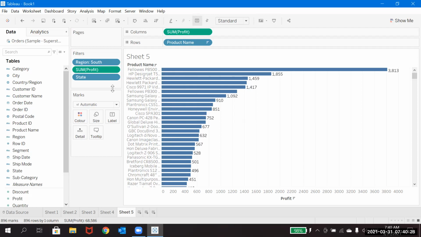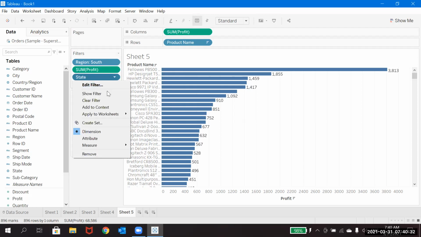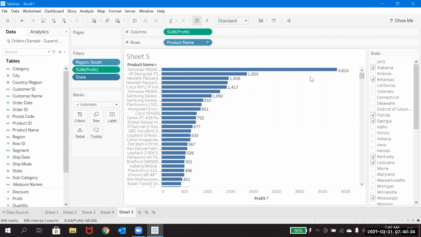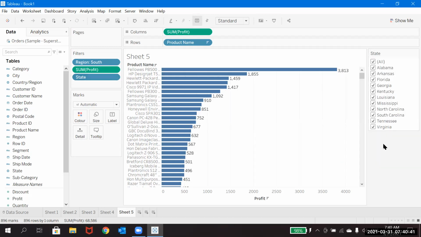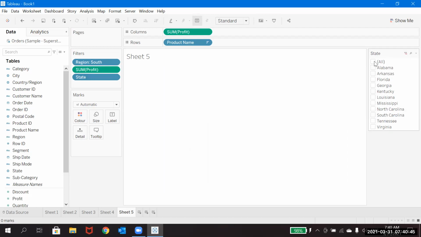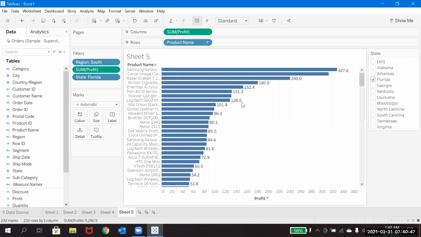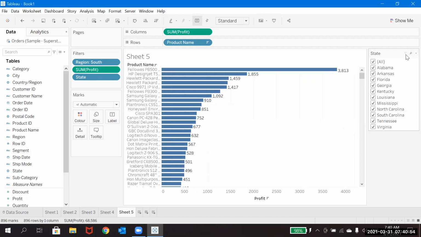But if I told you to show it to me with respect to state, then you should show me the region and state filters. Then the end user can select, right? As a user, if you enable this filter for me, I can filter which products are available in which state and just see that.